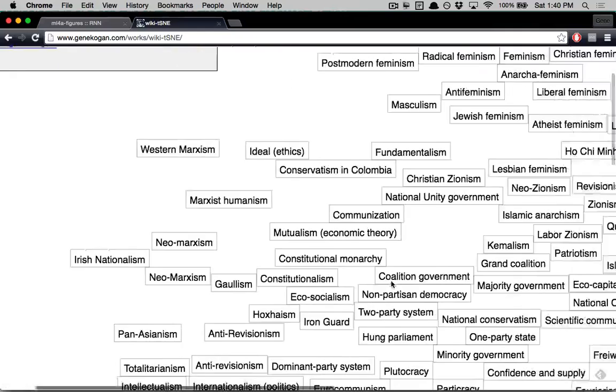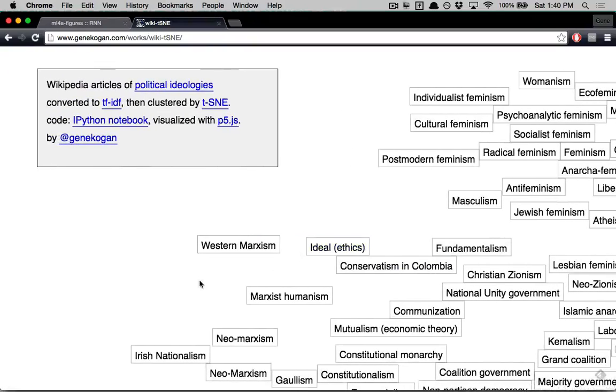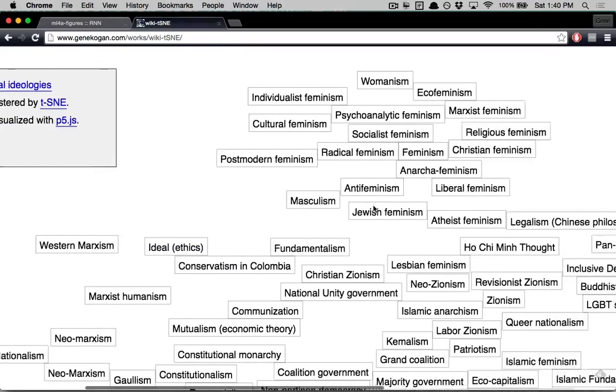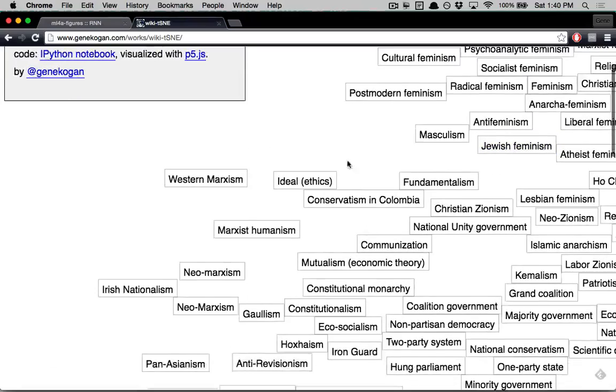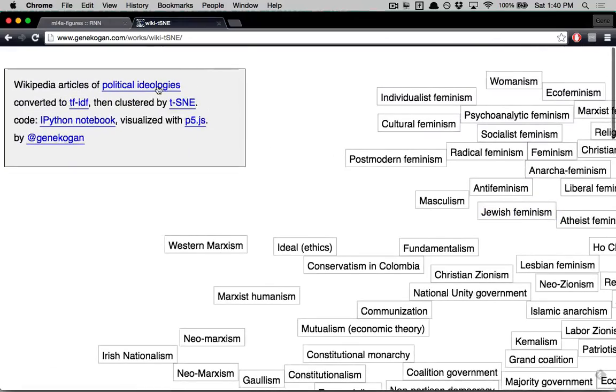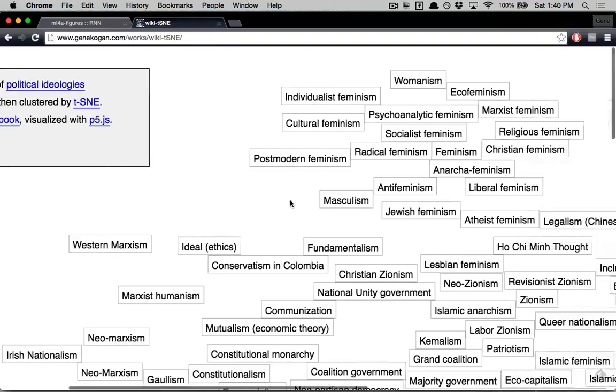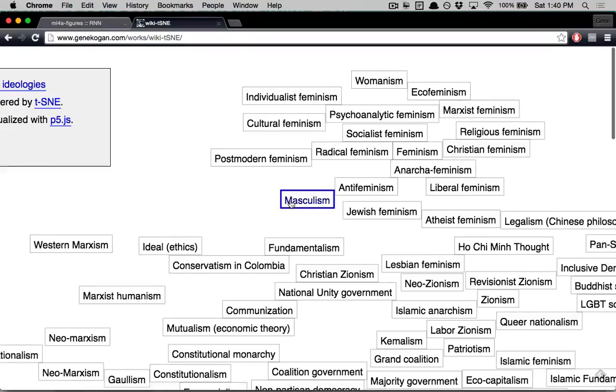I have the code for making this, so if you're interested, there's an IPython notebook. It's Wikipedia articles from a page of political ideologies, and they're all analyzed using a technique called TF-IDF, which analyzes word frequencies, something along those lines, and then clusters these articles according to the similarities of their word frequency